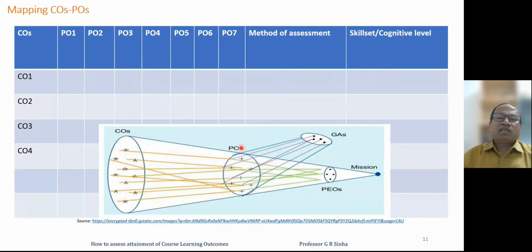And the program outcomes, we know that they are all articulated, they are all formulated on the basis of graduate attributes. Graduate attributes are the attributes which we believe that the graduate is supposed to demonstrate or exhibit these characteristics. And then the program outcomes are finally mapped with the program educational objectives. Program educational objectives are written on the basis of vision and mission statement. So finally, the comment on the course learning outcome attainment is, we have to use our teaching learning pedagogies